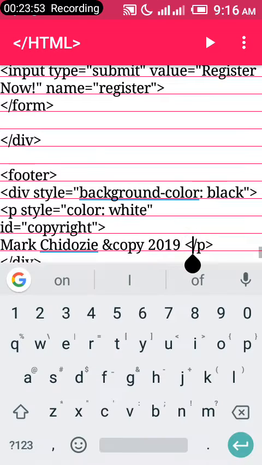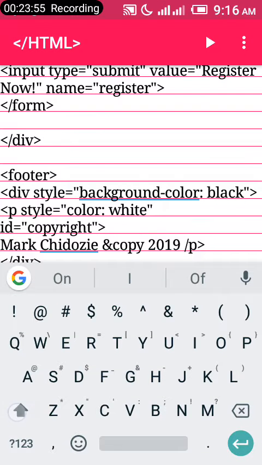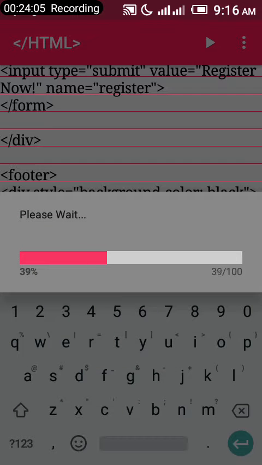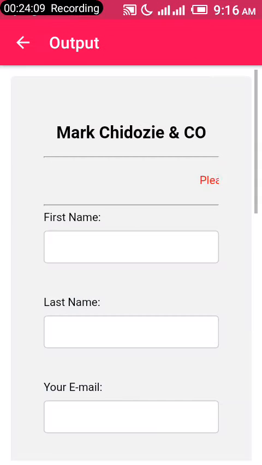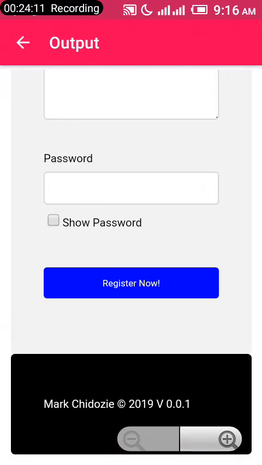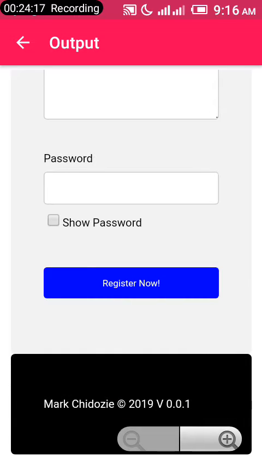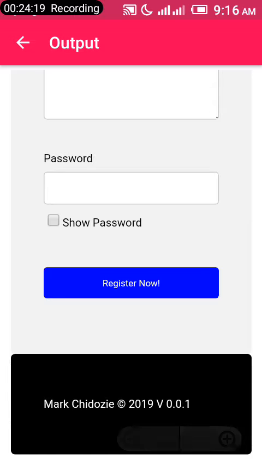Let's give it a version, maybe version 0.0.1. So let's run it and see the difference it makes. So I will explain what that very line is saying. Immediately it gives us the output. So right now what this is saying is that this is one of Mark Chidozie's works. That is one of my works, Mark Chidozie, and I have a copyright that is valid this 2019, and that